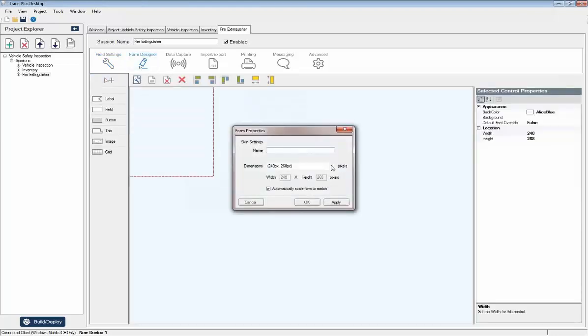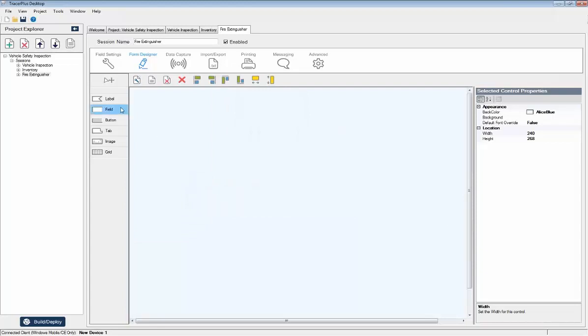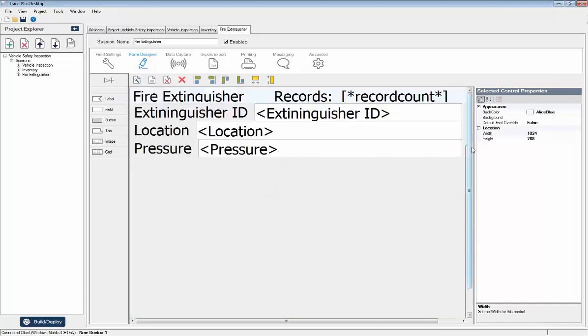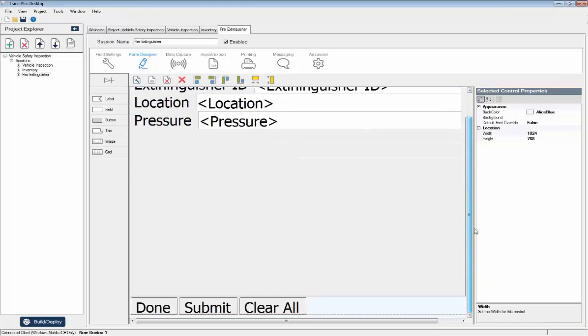For this one, let me scale this one a lot larger. Let's make this one for a tablet. Let's go 1024 by 768 or something like that. That scales that, and if I now reset this form to the default by clicking on this, it'll create a big form with our 3 fields, spelled that one wrong, with our 3 fields available on now a